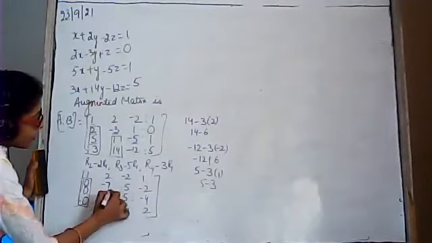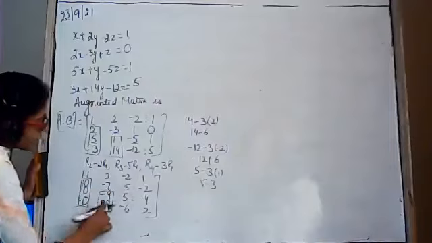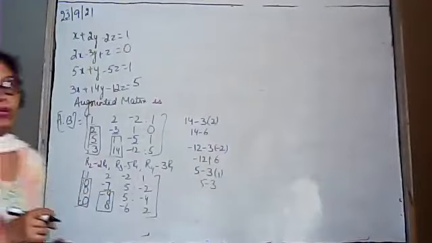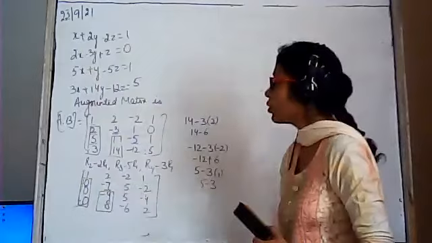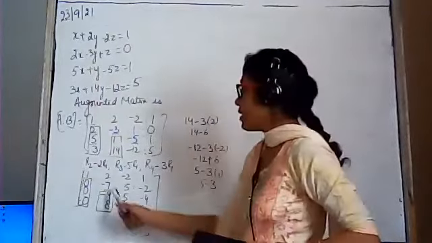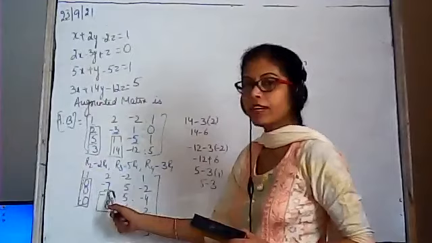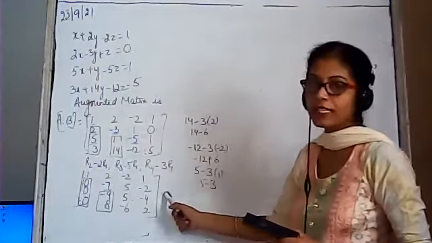In the second row, this element is the diagonal element. We are to make these elements 0 using row number 2. Okay? Now we have to make both of these 0 using row number 2. To make this 0, we have 2 methods. Either make this element 1 by multiplying row number 2 with minus 1 by 7.